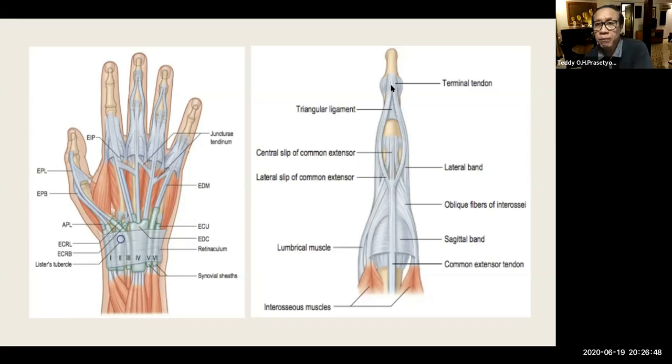It ends at the base of the distal phalanx as the terminal tendon,